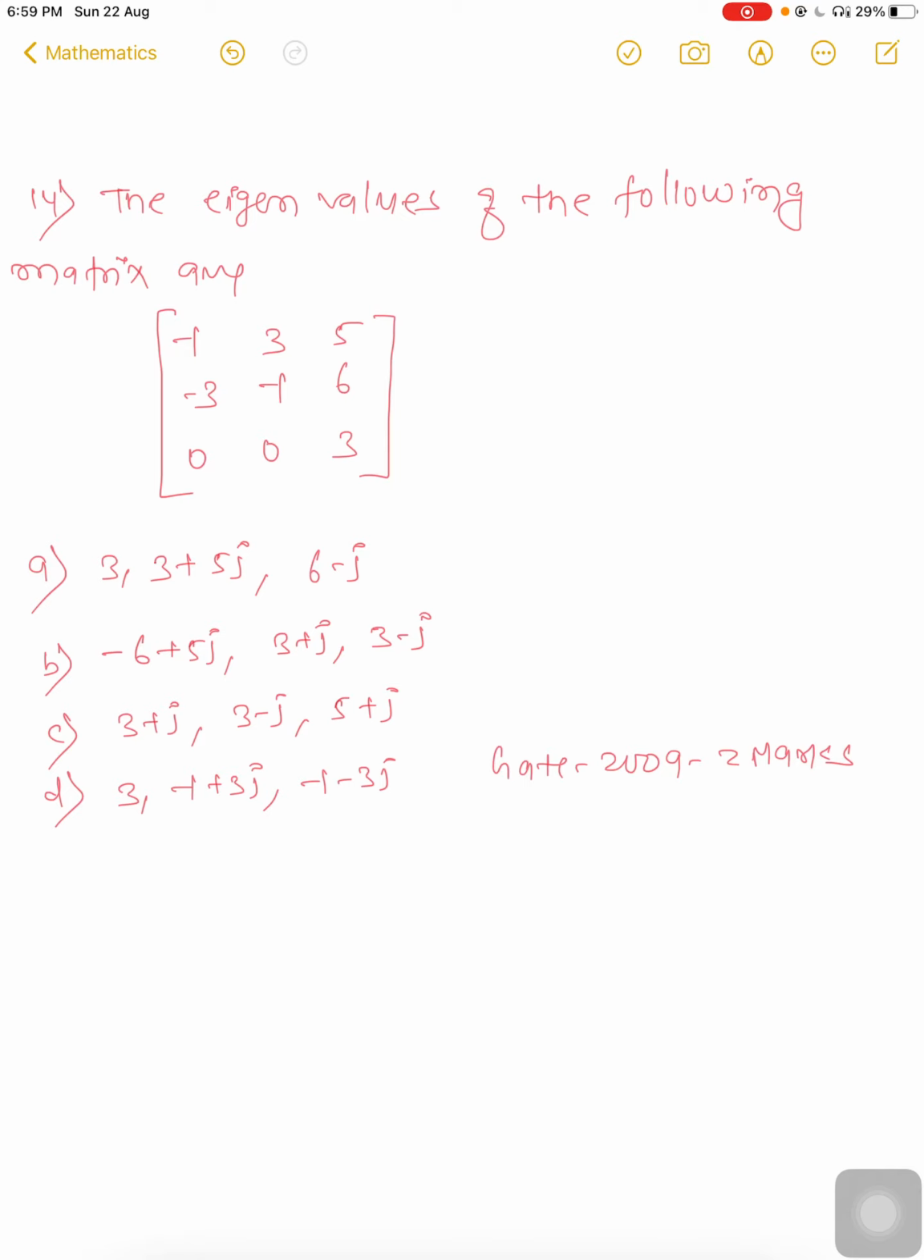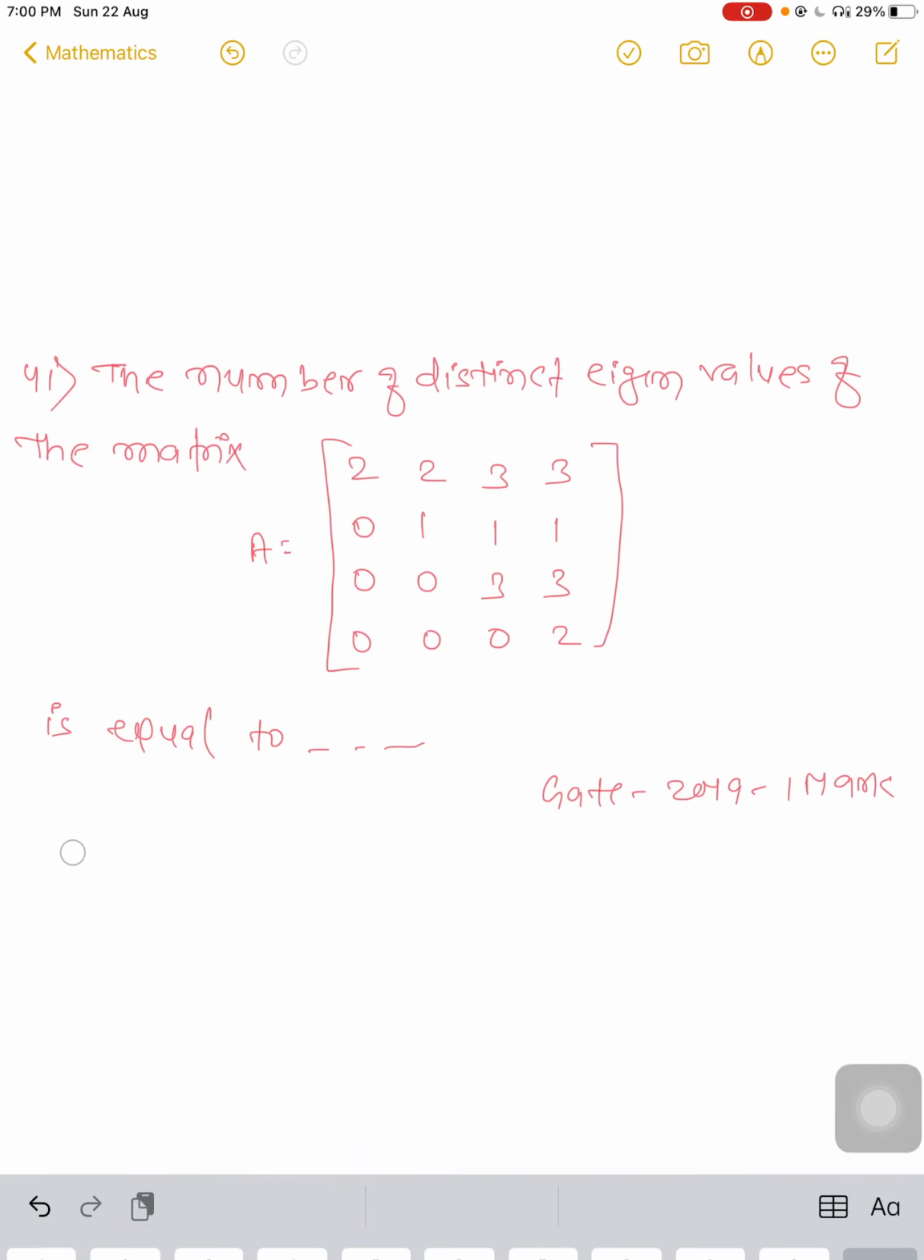The eigenvalues of the following matrix R. We have to find out the eigenvalues of the following matrix R. See, check it first. Eigenvalue of the matrix. So see diagonal element. Sum of the diagonal element. For objective question, check it. The sum of diagonal element. So,